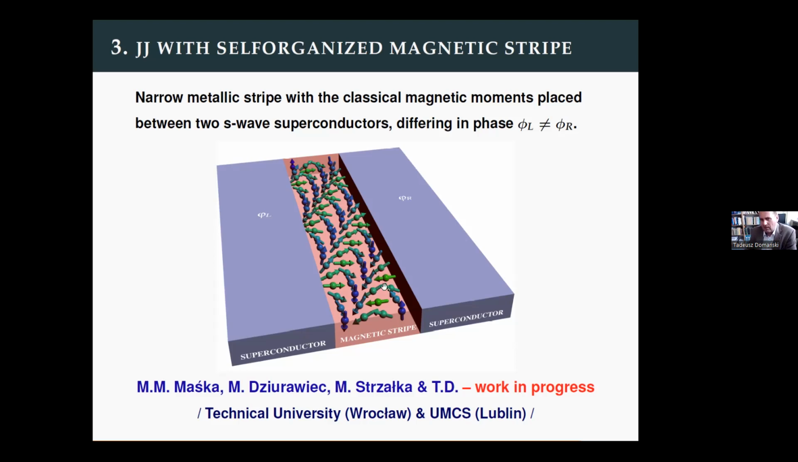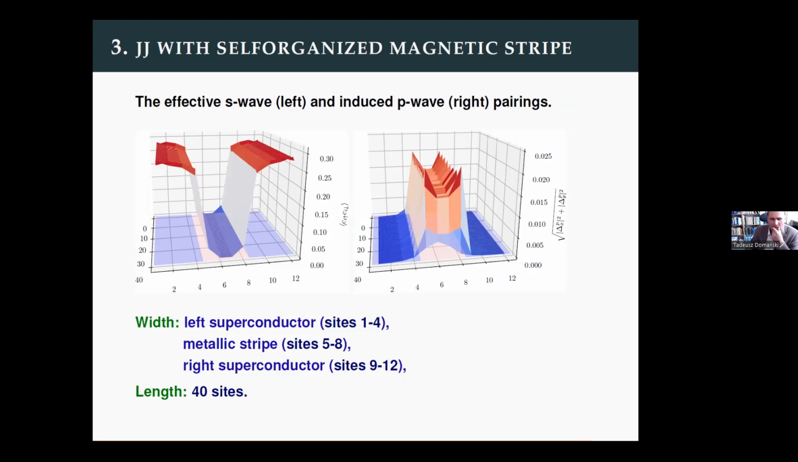Then the proximity effect combined with classical magnets might give rise to some helical structure, and with some chance also produce a topological phase. We have done some calculations for a finite size system consisting of 40 sites